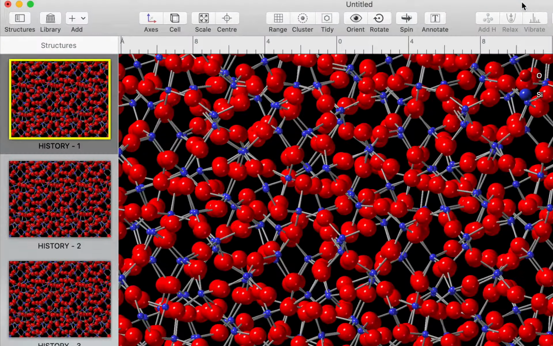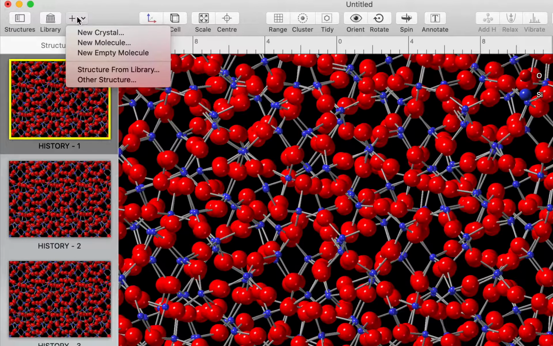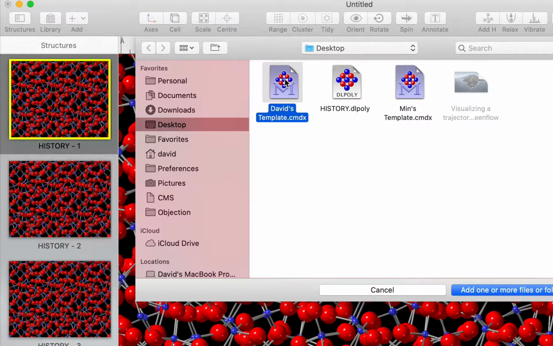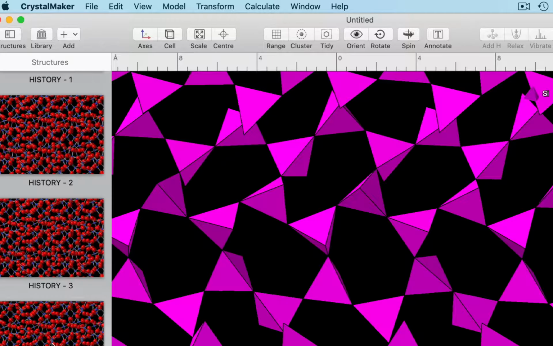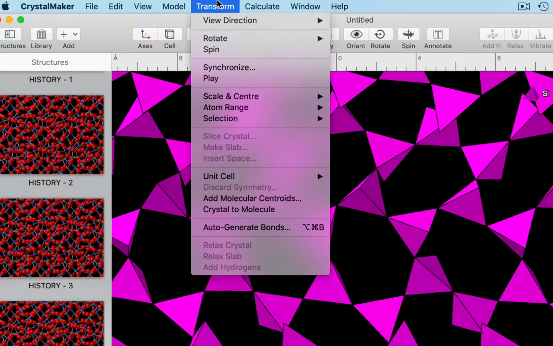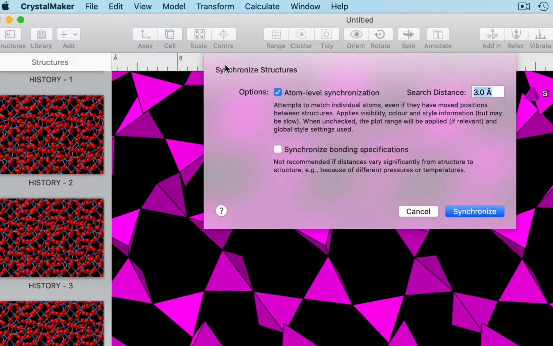And you can use an existing structure as a template file to apply its attributes to the multiple views in the structures list. I'm going to add template to the list. Here's my template, and I'm going to use the synchronize command